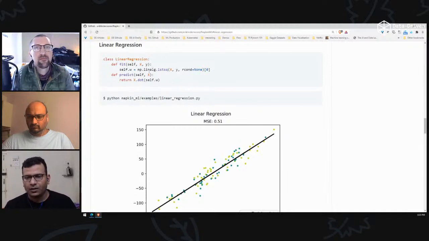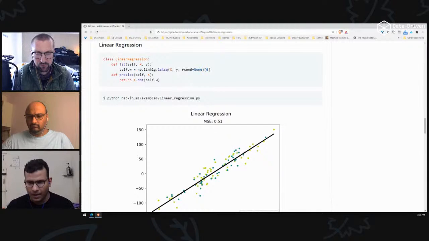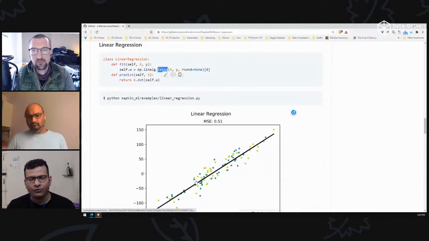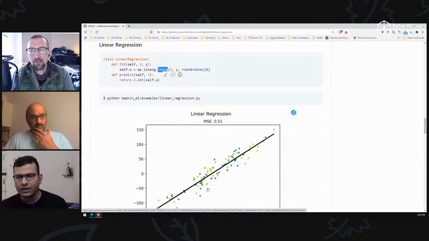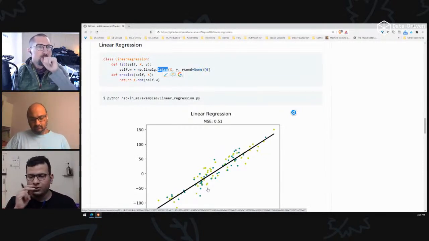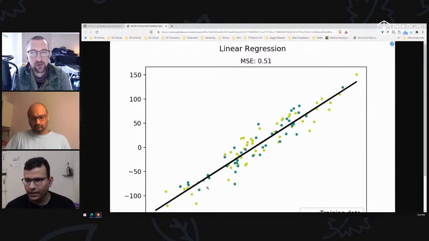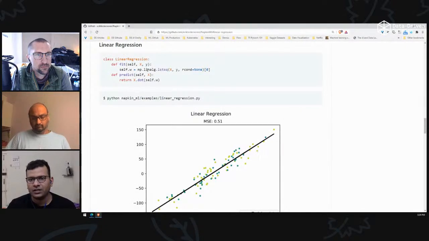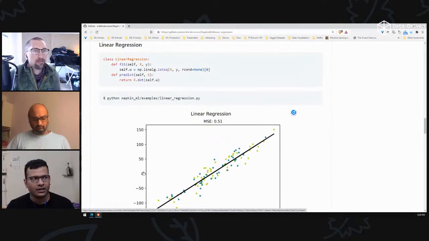Just one line. We are using a NumPy linear algebra function, and we are trying to find a line where the sum of the squared distances from that line is minimal. So you see, let's say this is the line. Then this is a point, and the distance of the point from this line is vertical. We calculate this as the squared error. This is the error. And with the help of linear algebra, we are trying to find out which line causes the sum of the errors to be least.